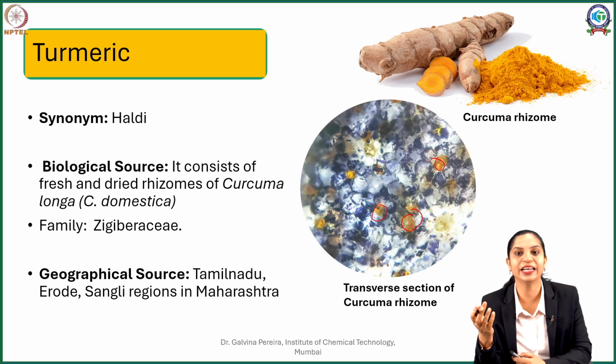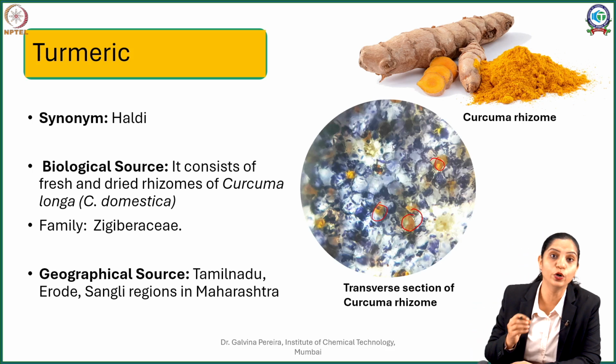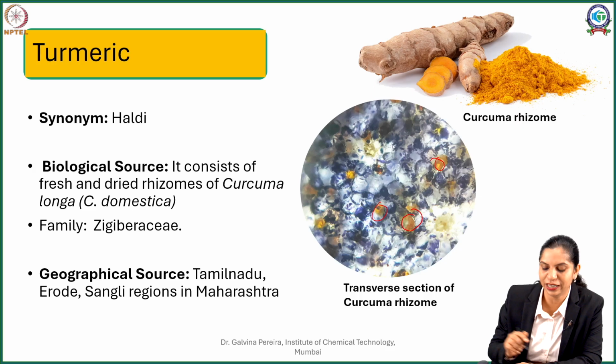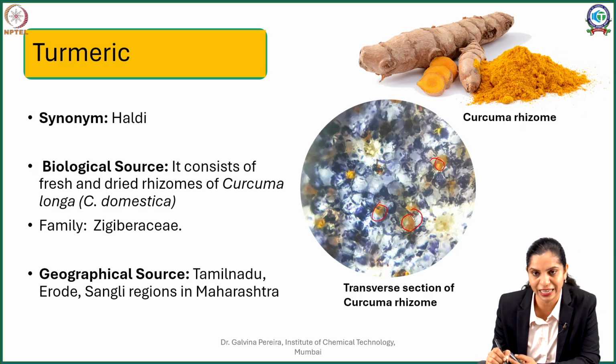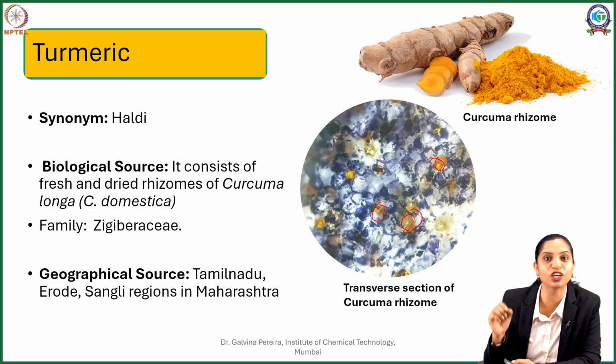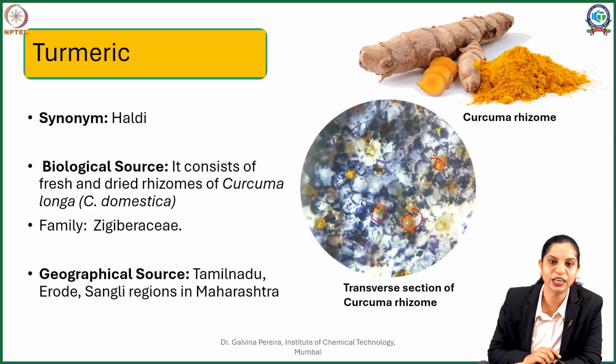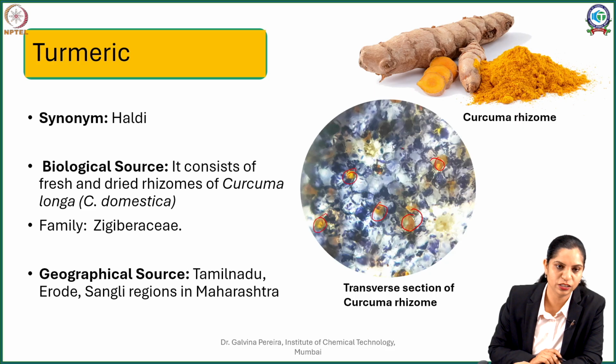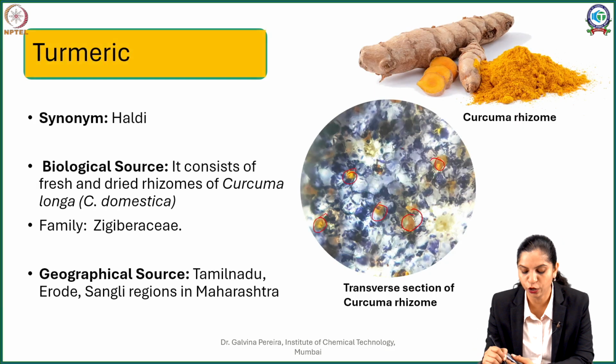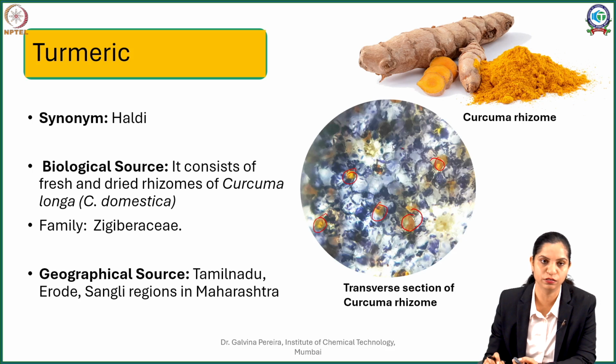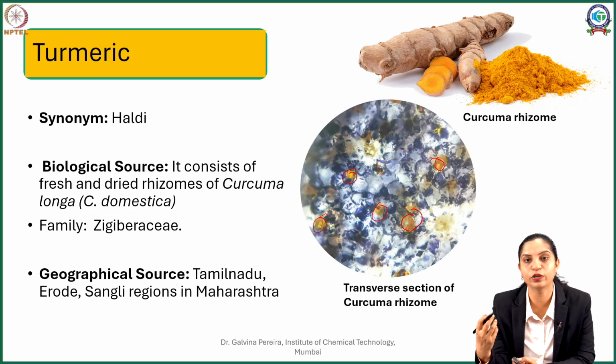So turmeric again is extensively an oleoresin-containing drug, where the pigment, that is the oleoresin, is localized in oleoresin cells. It is starchy, and as a result you can see here numerous bluish-colored starch grains which have been stained with iodine, and you can see these yellow-colored oleoresin cells which contain your yellow pigments. So what are these yellow pigments? The yellow pigments are what are referred to as your curcuminoid derivatives. We'll see a little bit about it shortly.